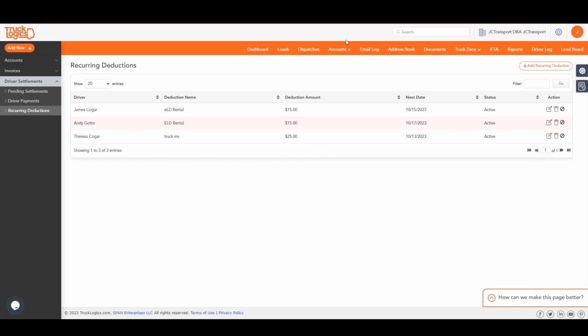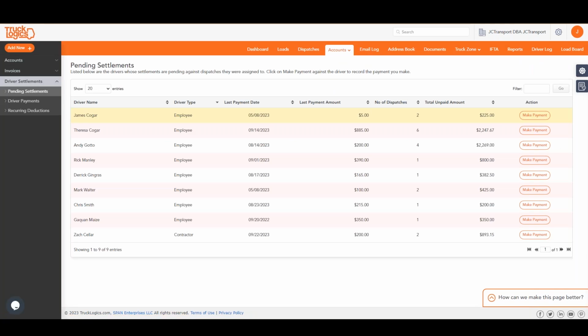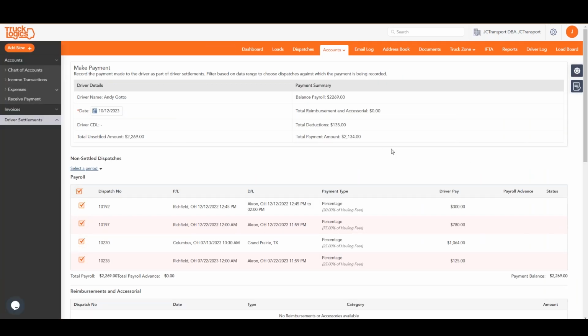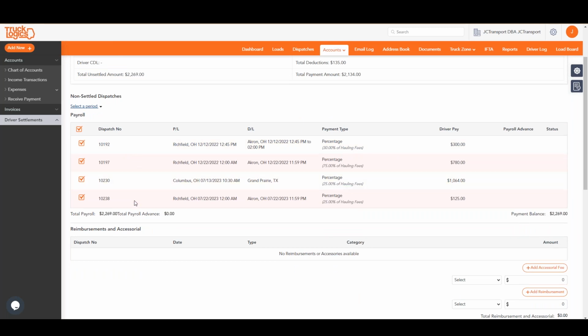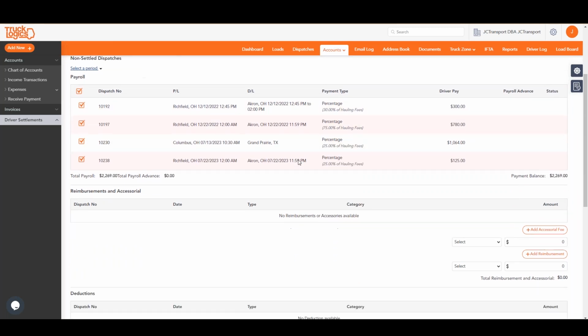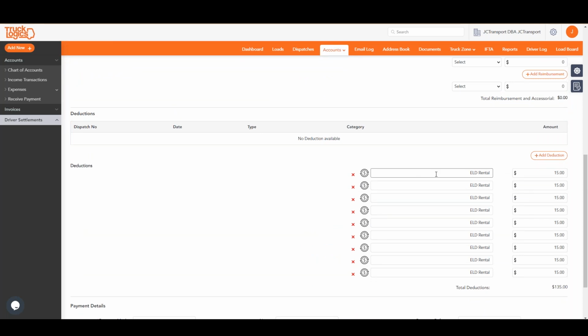Now, should you decide that somebody's got a driver settlement coming and maybe you want to edit how much they're going to pay, or maybe you're going to give them credit for one of their deductions, we'll go down here to Andy as an example, and we'll hit make payment. You come to the accounts tab, hit driver settlement. When they come up, hit the make payment button. And as we go down the list here, we see that there's 4 dispatches that Andy hasn't been paid for yet. And he's got ELD rentals here